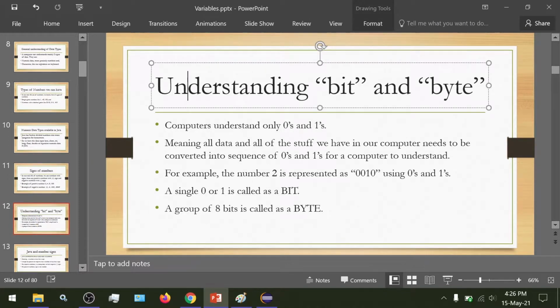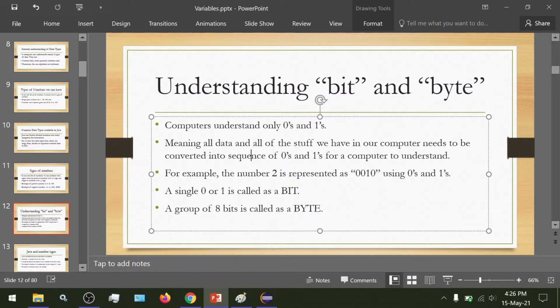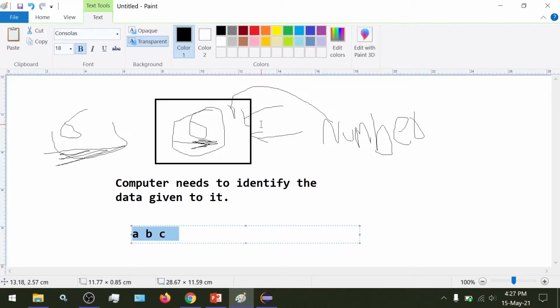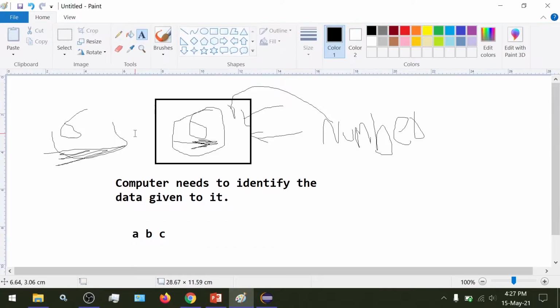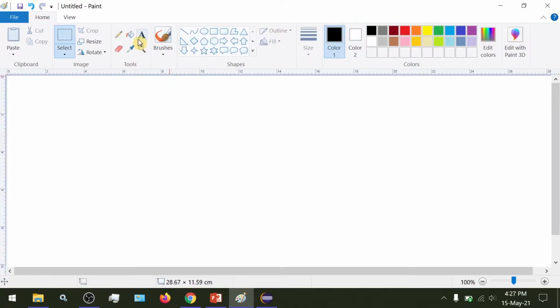And now let us understand bit and byte. So this is an important concept. A computer understands only zeros and ones. This is a highly important statement, and it is very important to understand what this means. So a computer only understands zeros and ones.